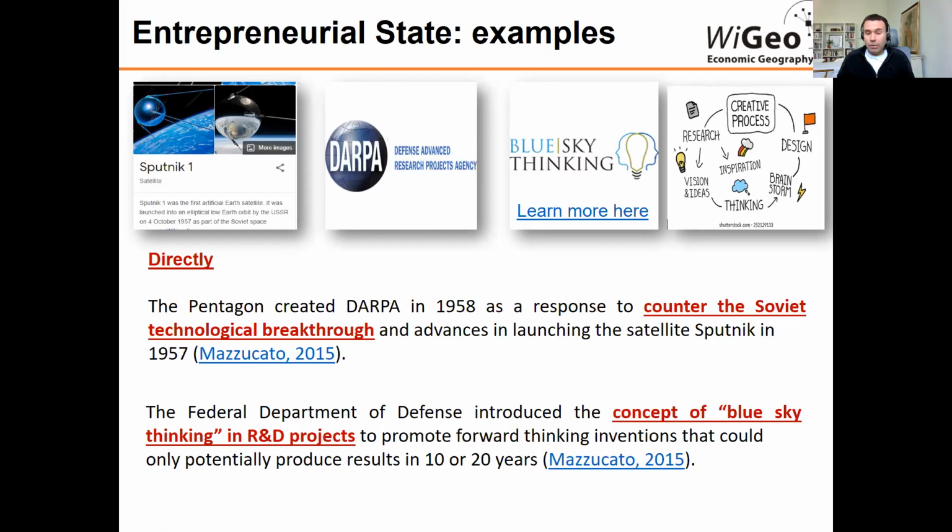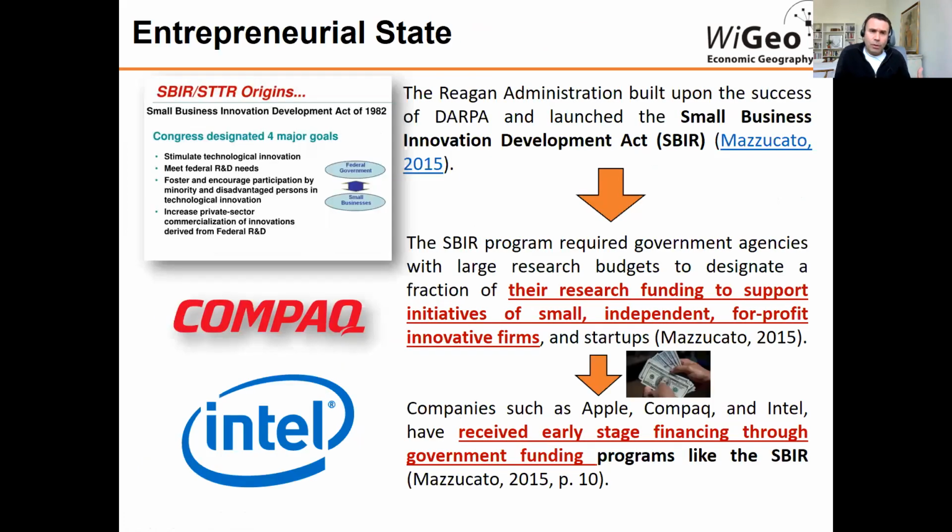And the engine behind this agency was only public funding. So then they created this concept of blue sky thinking, and you can learn more in this link here. It is a process intended to foster creativity within a specific process and target it towards technological innovation processes. This is only to give some examples of the role of the public administration